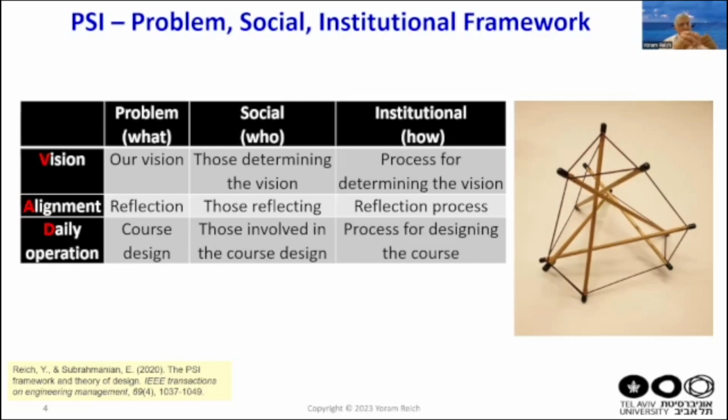The way that it can get out of alignment is if, for example, the problem becomes much more complex. So let's increase the length of this bar, and it's not matched by an increase in the social space or the institutional space or in the tools. It will cause tearing of this rope. So if we increase something, complicate something, we need to make the other more complicated to be able to match the complexity of something else.